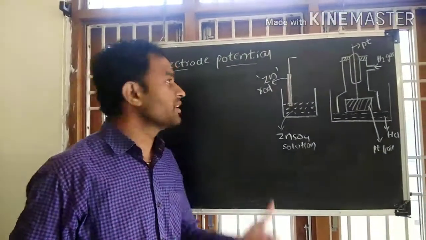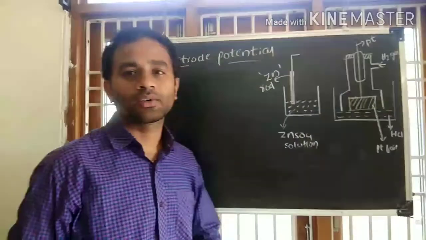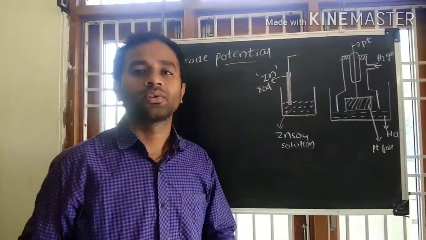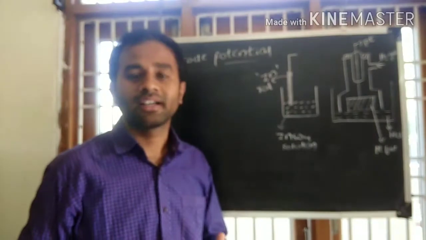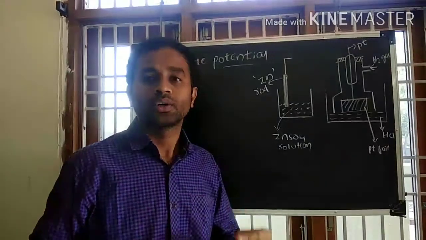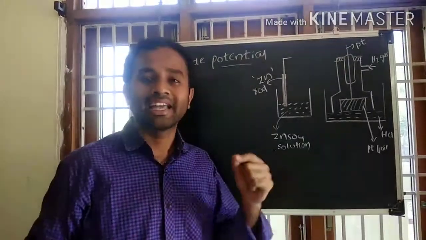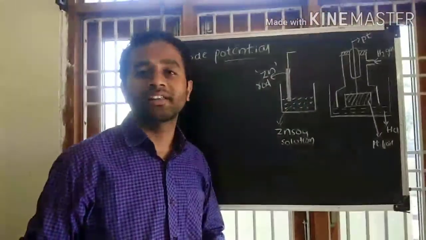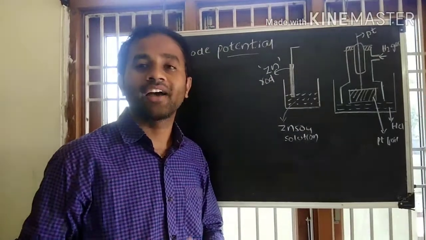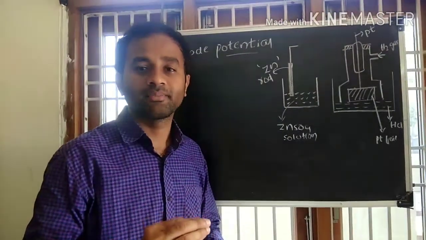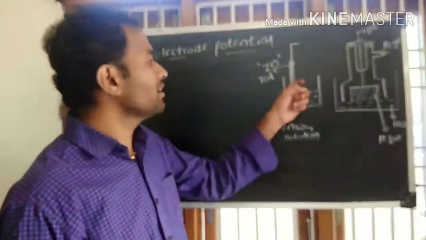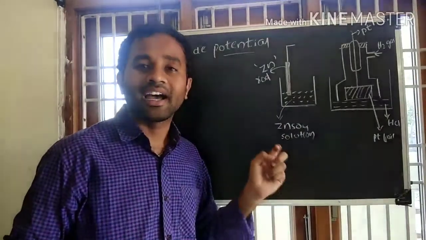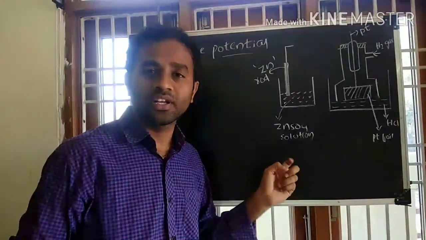Okay friends, in our class, let us know about the electrode potential, that is single electrode potential, right? So the electrode potential is nothing but the tendency of an electrode to lose the electrons or gain the electrons when the metal comes in contact with the electrolyte solution having its own ions. That means whenever a metal comes in contact with the solution having its own ions,